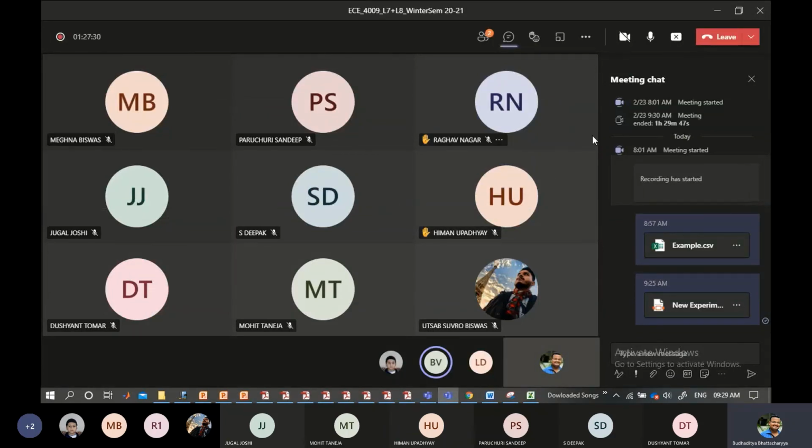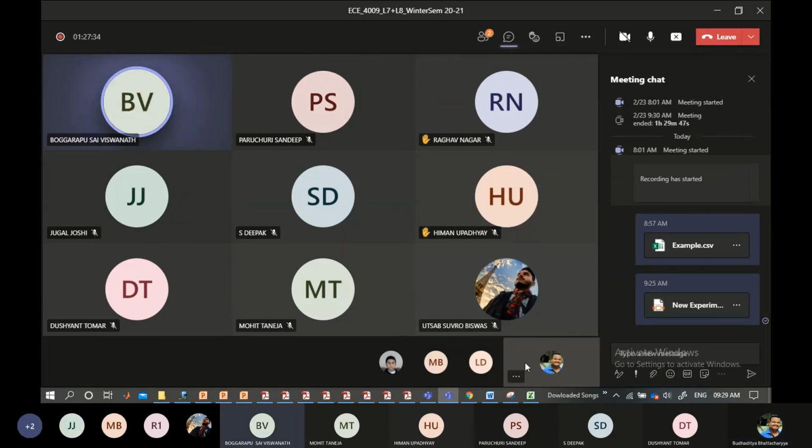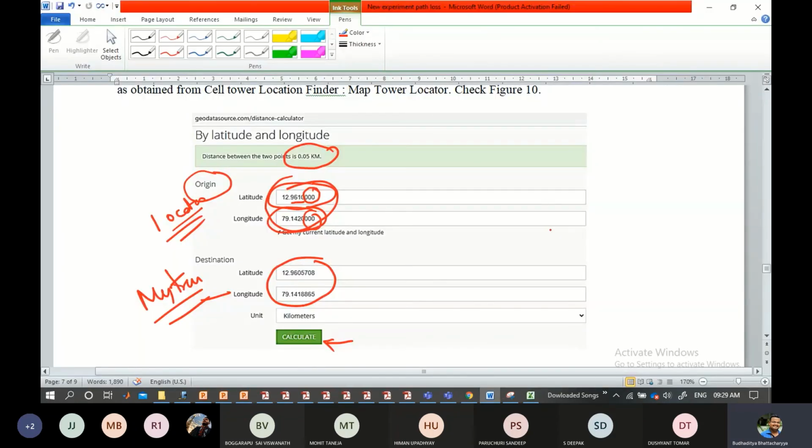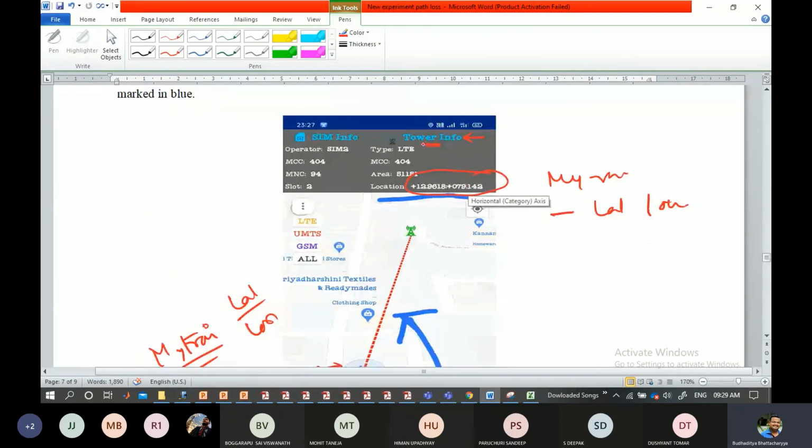Yeah, please go ahead. I'm not getting the tower information in the app, sir. Tower information in that app you are talking about? Okay. In here, if you see this tower info, you click on it, this tower info or this icon that might be blinking. Yes, just click on the blinking base station.